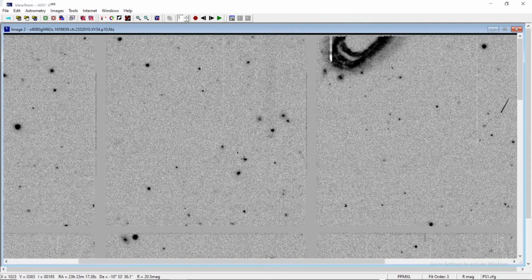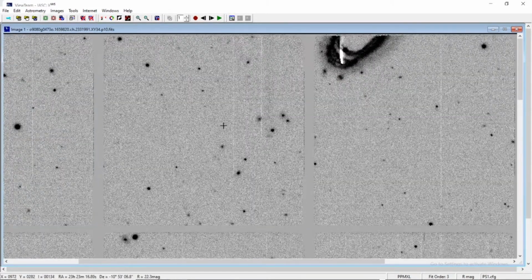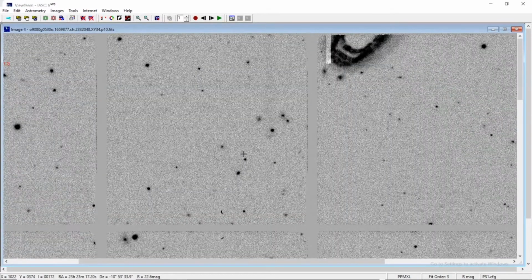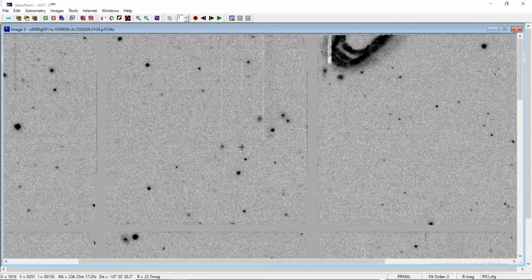What I have told you in the identification of true signatures is that there should be a path that you can see. They should be available in at least 2 frames. There should be a sense of movement, a particular direction of movement associated with them, and also their magnitudes should not vary. After analyzing their point spread fits, their SNR values and R value variations, only then do we specify them as true signatures or not. Now if you blink it, where does it go after this one point? In one image it appears, in 4 not there, in 1 not there, in 2 it is there, in image 3 again not there.